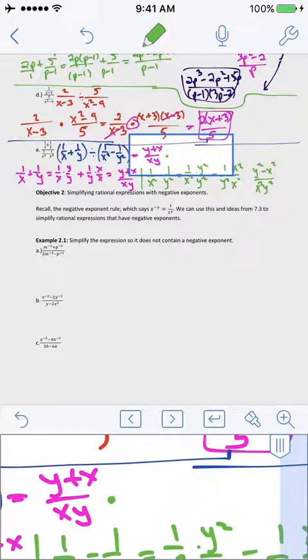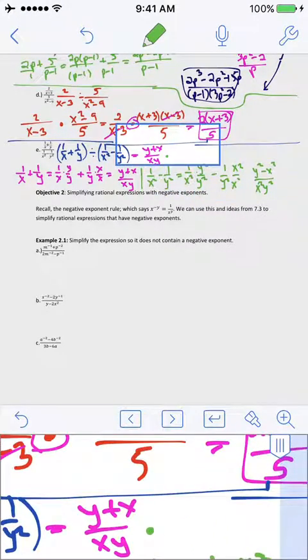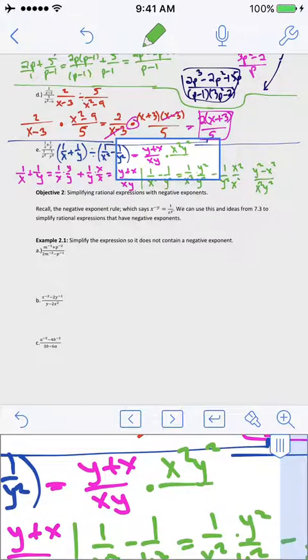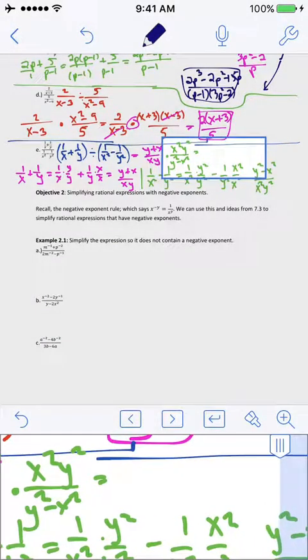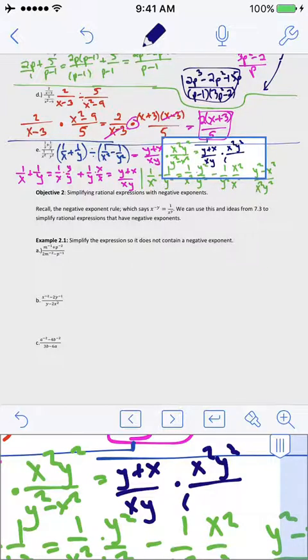Let's head back up here. Now multiply by the reciprocal of this, which puts the x squared, y squared on top, and the y squared minus x squared on bottom. Okay, so you may have just heard me say that this is the difference of two squares. So this would be y plus x over xy times x squared, y squared over this guy right here. He is the difference of two squares. So y minus x,